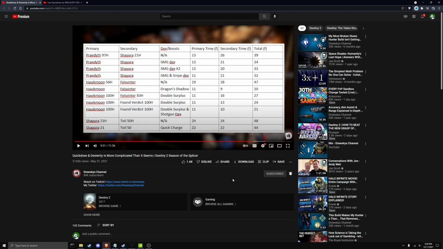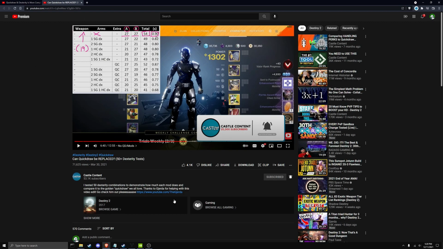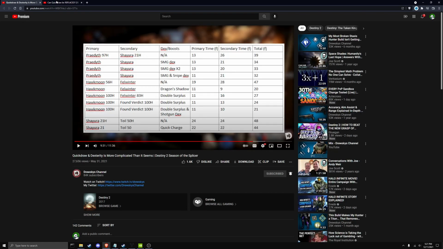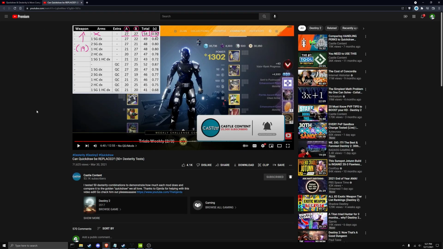Like I said, they both show a 2 frame difference of quick charge mod on the draw speed of shotguns, or on the draw speed right here of Shayor's SMG. At the time it was bugged. It was confirmed by Bungie too during both of these that the mod was bugged and it was not working on shotguns, although it was working on fusion rifles. So